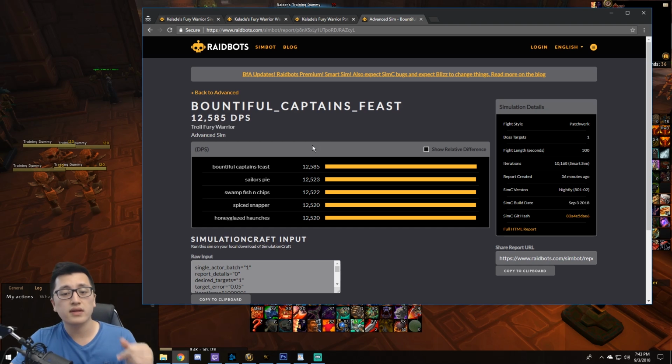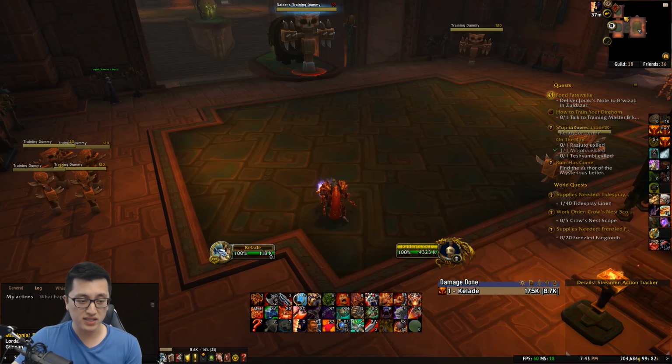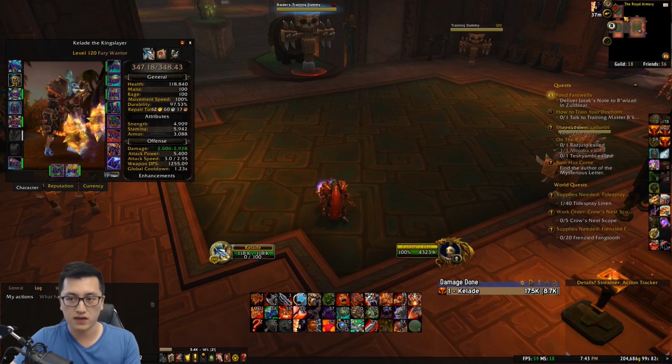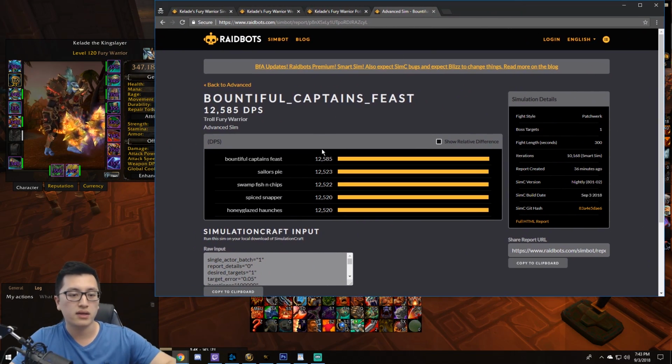Now for food buffs, the Feast is going to be the highest simming DPS, right? So if you guys are able to afford it, go with the Feast. If not, you can really use any of the other food depending on your haste, right? So generally, haste is going to be the best. Now you're seeing on my character, haste isn't necessarily the best because I have a ring that just gives me a crazy amount of haste and all that stuff, right? So don't worry about that. Just know that yes, you can really use any of the foods, but for most characters right now, haste will